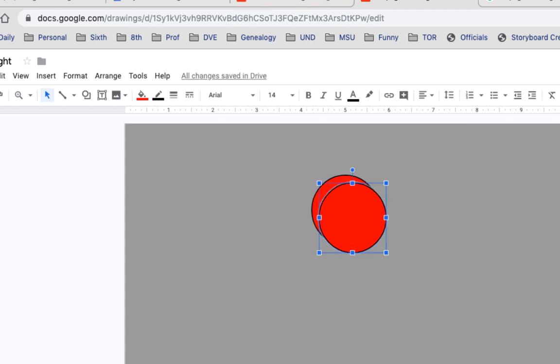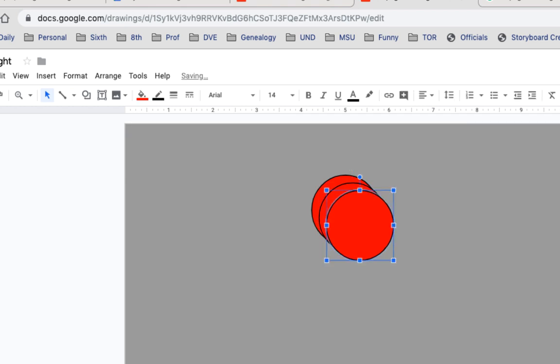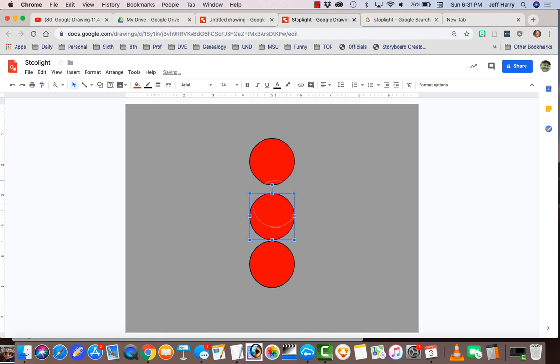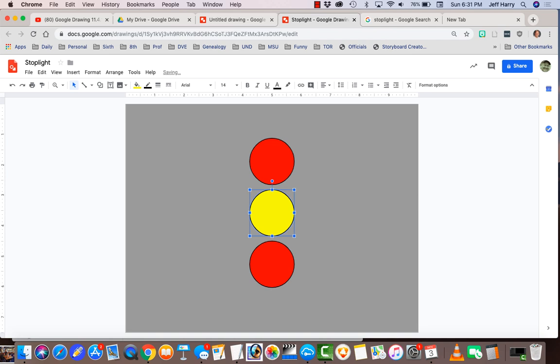And then I'm going to do that a third time. Paste. Actually, this is the second time if you're counting. All right, but I have 3 circles. That's kind of why I was thinking that. And then what I'm going to do is move these so that they're uniformly placed on top of one another with a little bit of space. Notice the red lines help me. Those are called guides. And for each of these circles, I'm going to color them the appropriate colors: red, yellow,